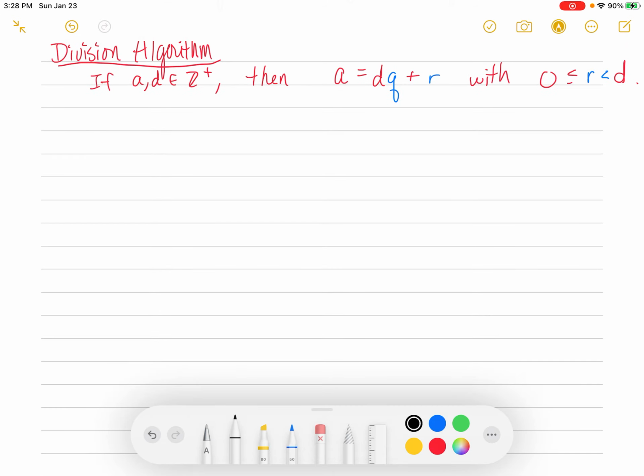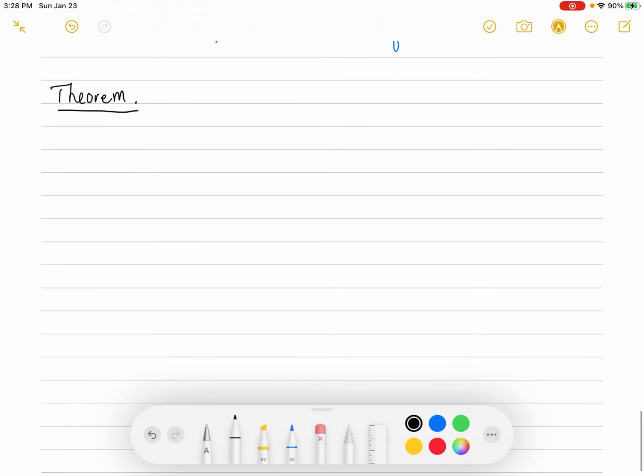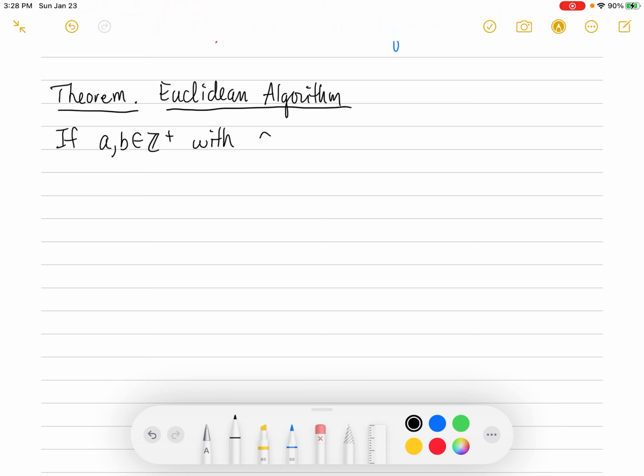So here we're going to write down what's called the infamous Euclidean algorithm. This is super important. We're going to be making good use of this. So the Euclidean algorithm says this: if A and B are positive integers with, let's say, A greater than B,